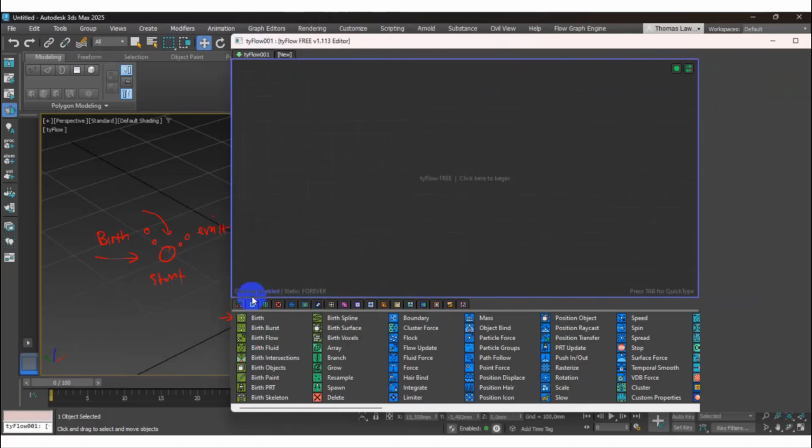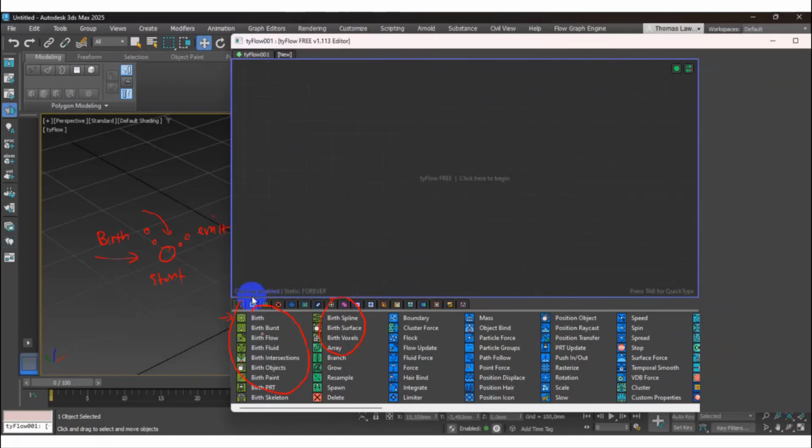That's why you need to choose any birth here: birth spline, birth voxel. But the birth inside the particle system is limited. I think Tyflow has more advantage because it owns a lot of options here. This is easier.